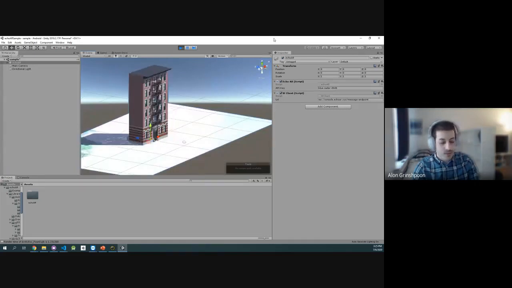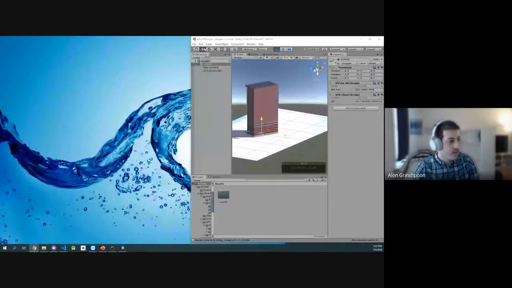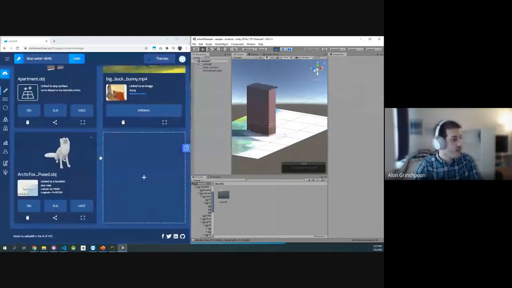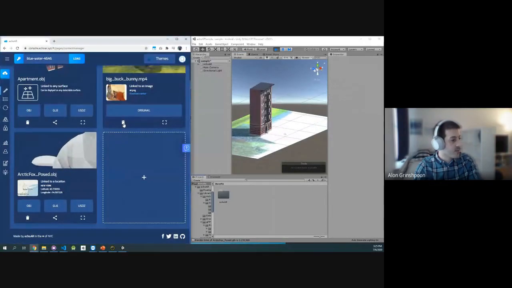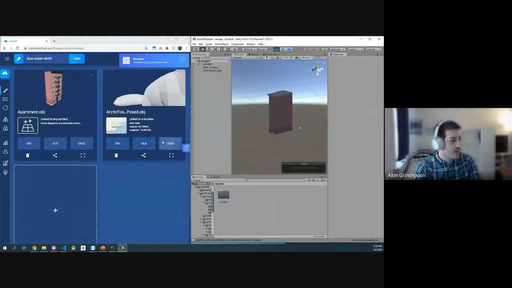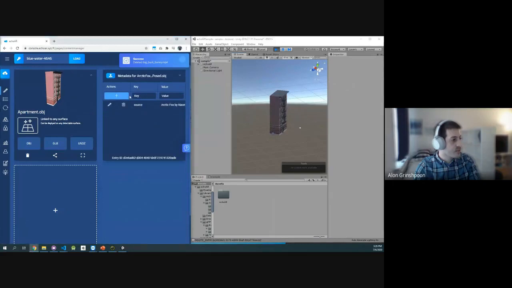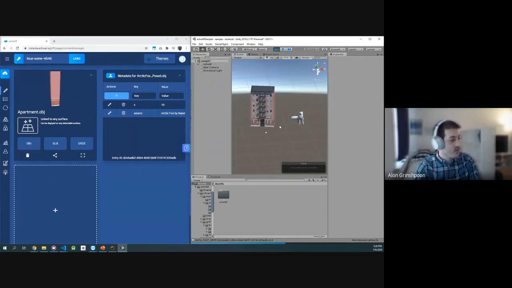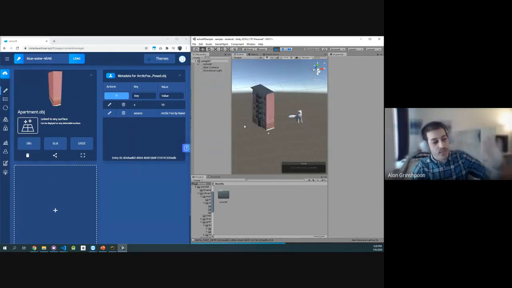So maybe I'll change things in the console a little bit. But let's move that a little bit here. So we see the building is rotating. The fox is right here. Let me delete the video. When I just delete the video, it will disappear automatically. Let's move the fox, let's say 10 feet away from the building. There we go. And what you see right here is that I'm able to change things in real time,